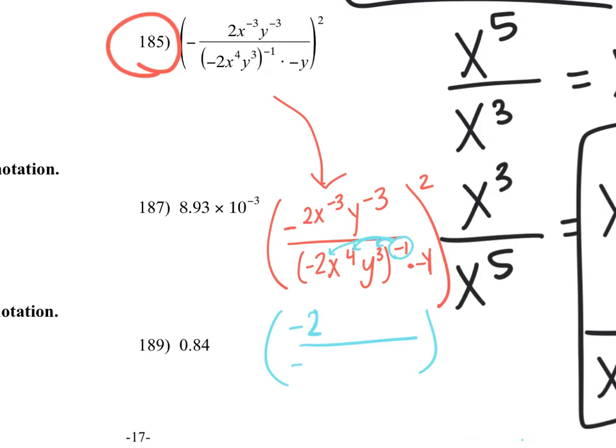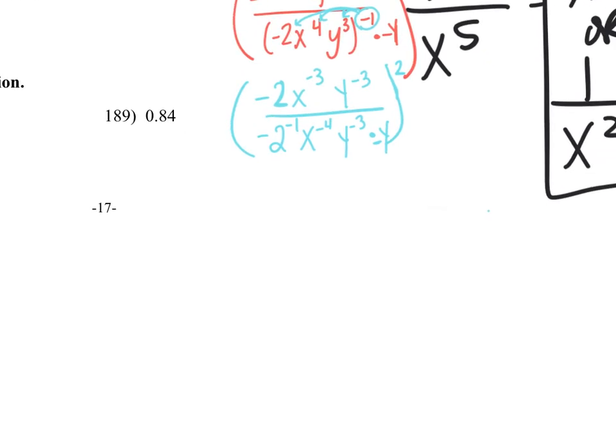So this will be negative 2 to the negative 1, x to the negative 4, y to the negative third, times y negative. My top is x negative 3, y negative 3, and this will be all to the second power. So I'm going to bring that down, and I'll change my color to purple. Okay, so I'm going to have my